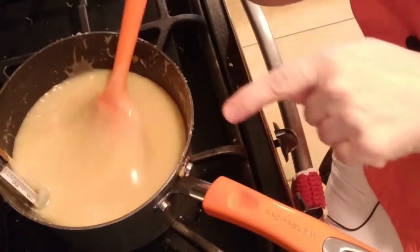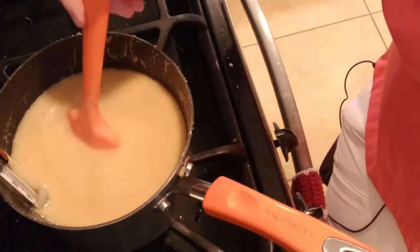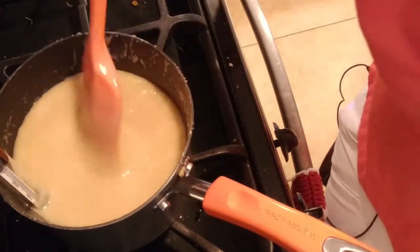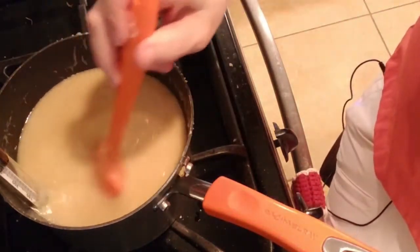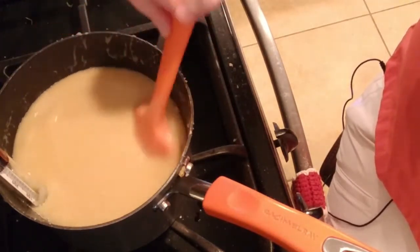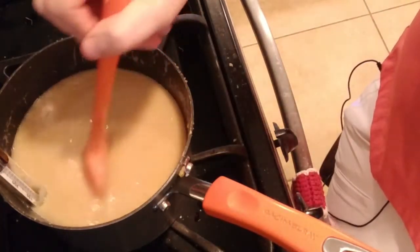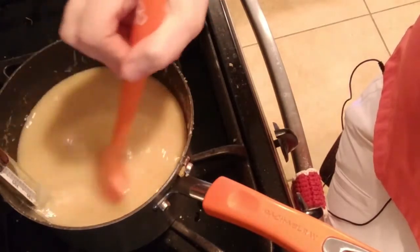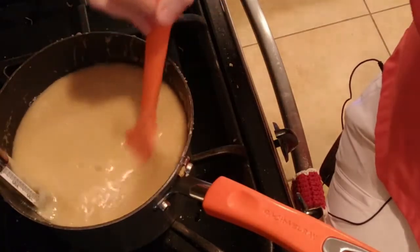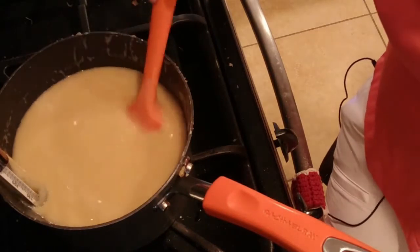If you look carefully, you'll now see that some bubbles are starting to form on the outer edge and even coming up through the center. So we're starting to get it to the boiling. And it's going to do a nice rolling soft boil as it cooks the last bit. You can kind of see that boil now. That's what's going to help thicken up the caramels, is that steady boiling as it heats up. But I just keep stirring till my thermometer says